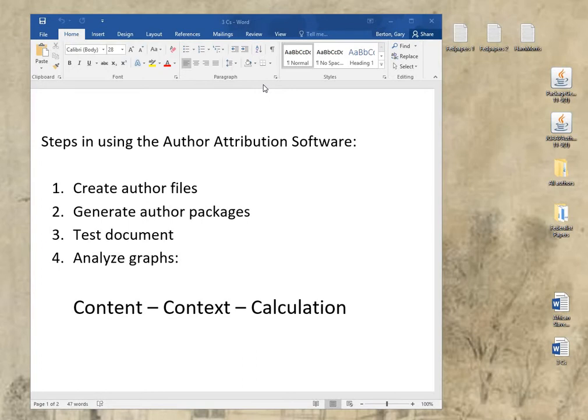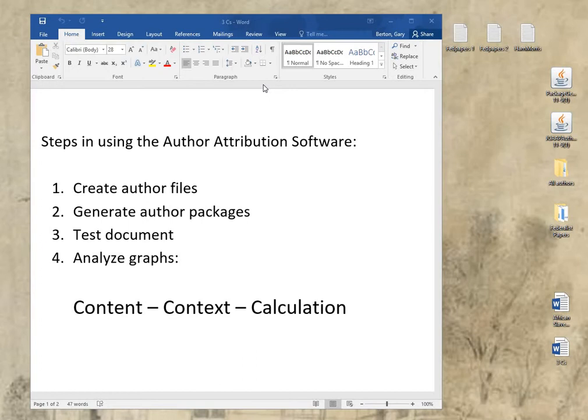Also, there are three criteria that we use to make a decision on a document using this software, and only one of the three involves the calculation that the computer does in your author attribution software. We also need to take into consideration content and context. By content, I mean, is the philosophical approach, is the political line of the document that you're reading, or if it's fiction, is it the subject matter, and again, the approach that the author takes fit in with the other